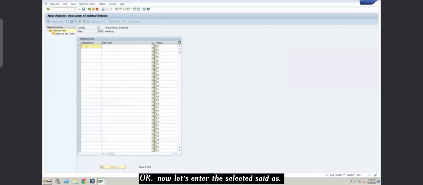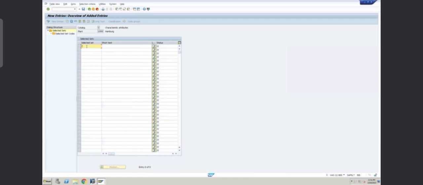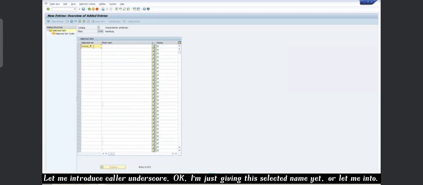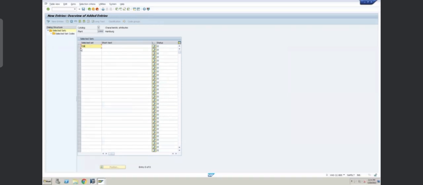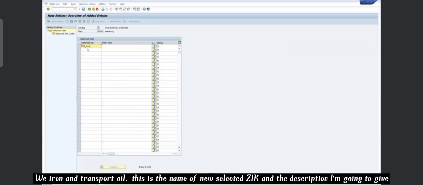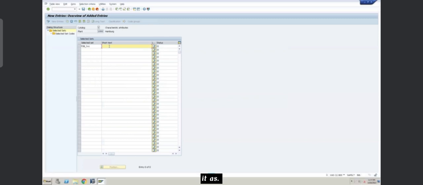Now let's enter the selected set as color underscore V. I'm just giving the selected set name here. I'll enter it as VIN underscore COL. This is the name of my selected set, and the description I'm going to give it as